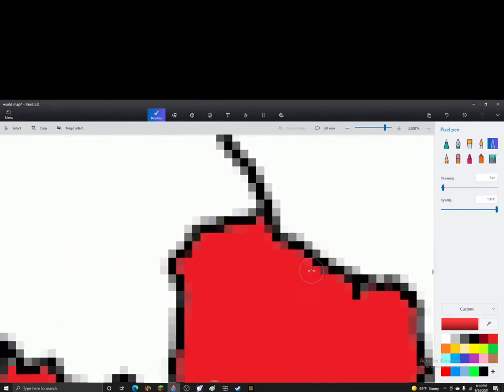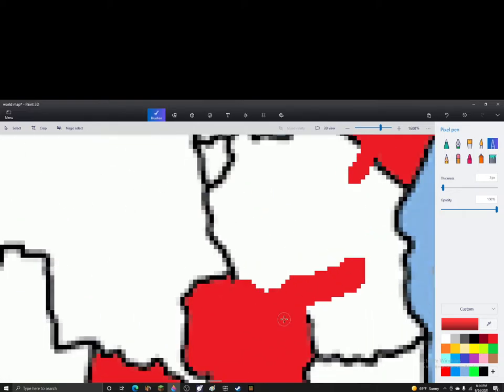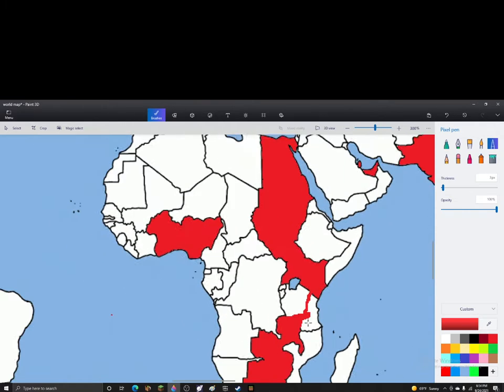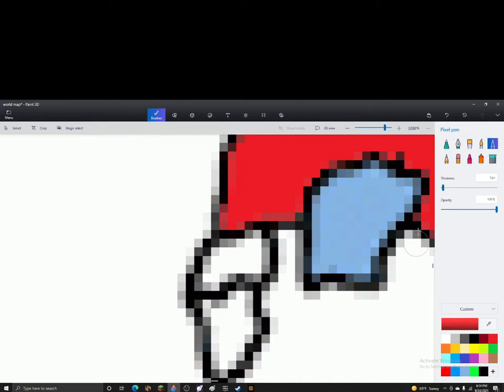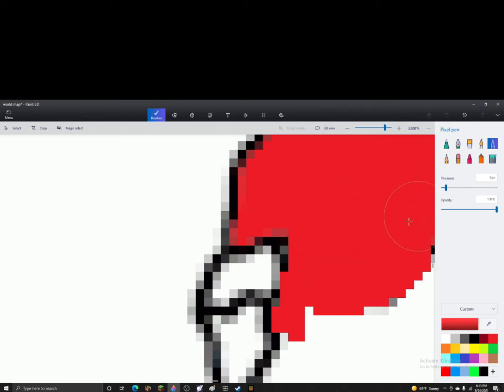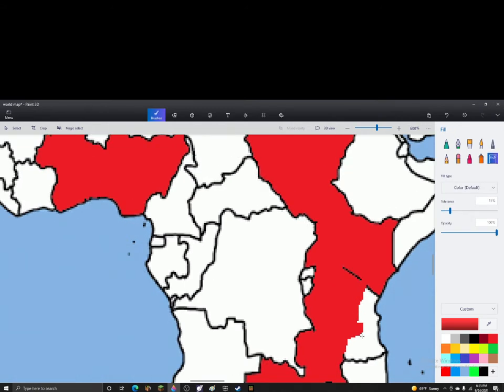But as the British Empire came in from the north and the south, taking them out, it was really hopeless for Tanzania, so they surrendered. And for this, I'm not going to draw where Victoria ends, so let's just leave it like that. They quickly surrendered to the British Empire,